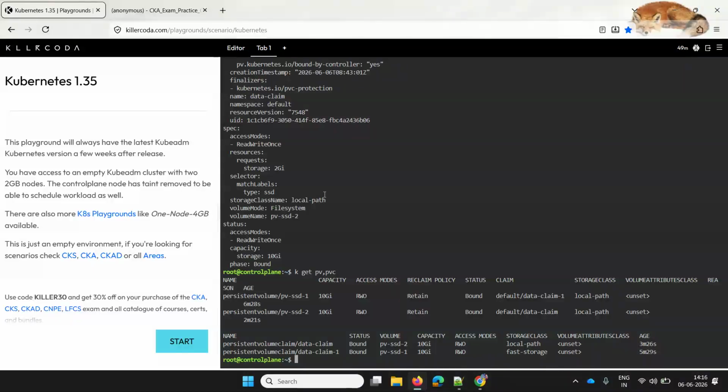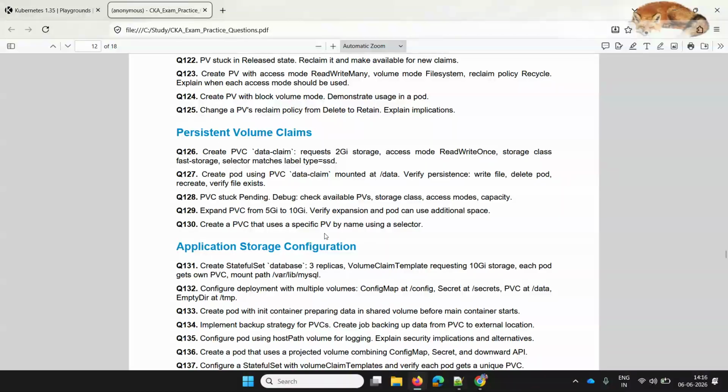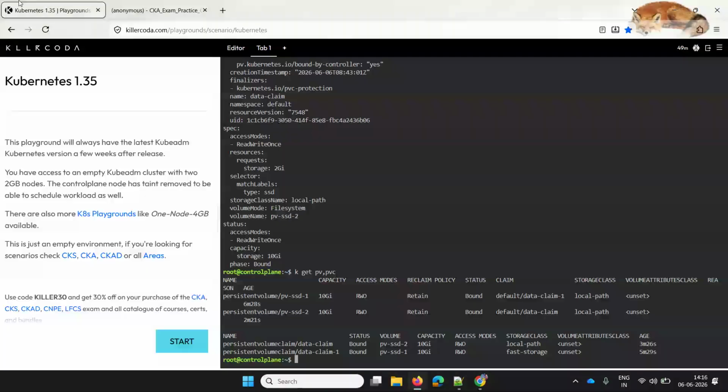I want to change the request from 5Gi or anything to anything for these claims. So what I'll do, I will do edit data claim.